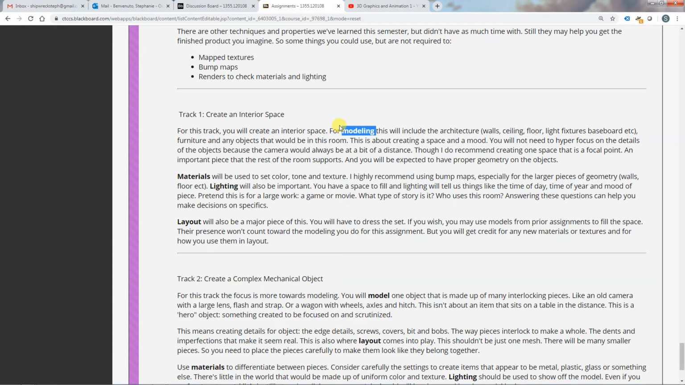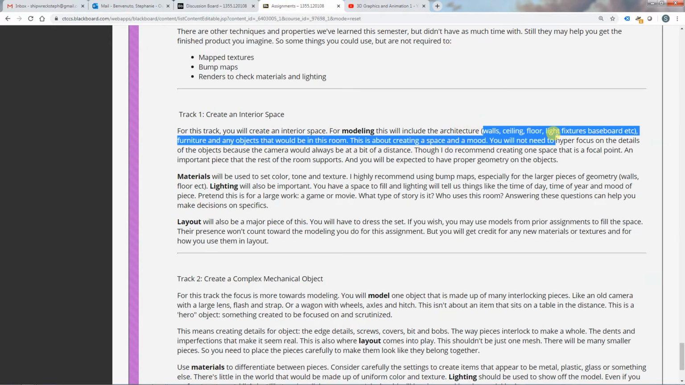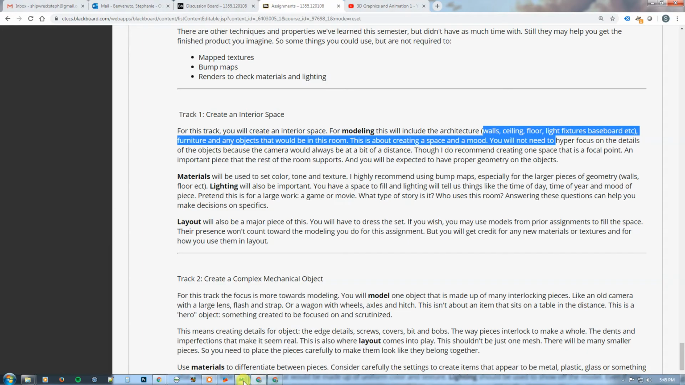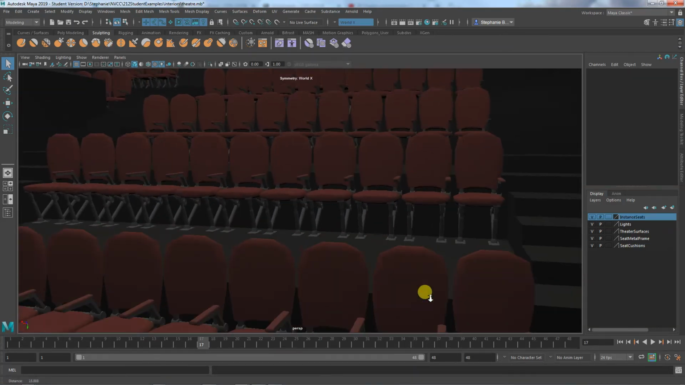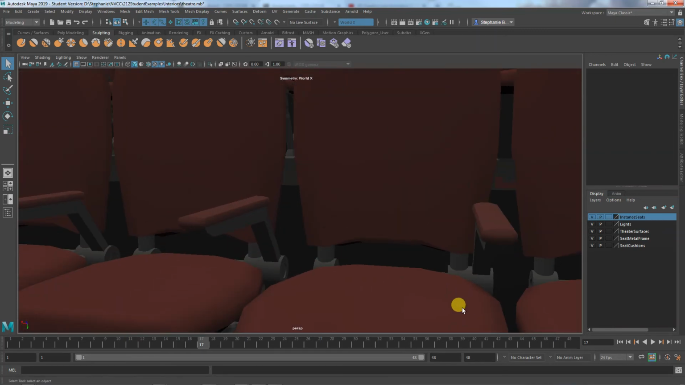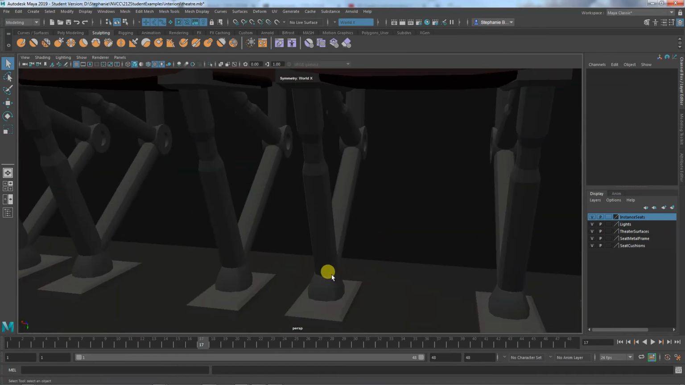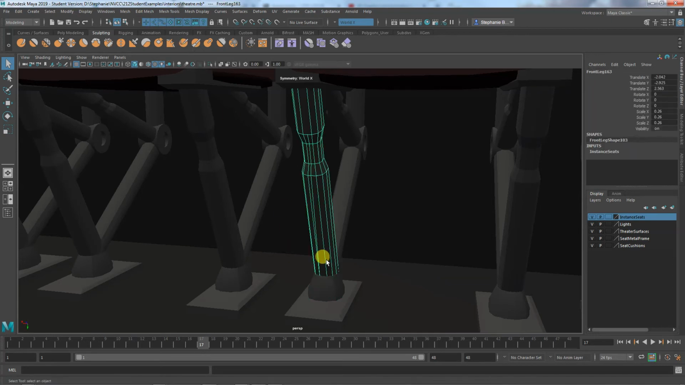All right, so you're modeling a new space, focusing on the architecture of the room. You don't need to hyper focus on details. You don't need to worry as much as your track 2 classmates about things intersecting. Oh, I made it so I can't select geometry. There we go. Right? As long as it's not egregious,